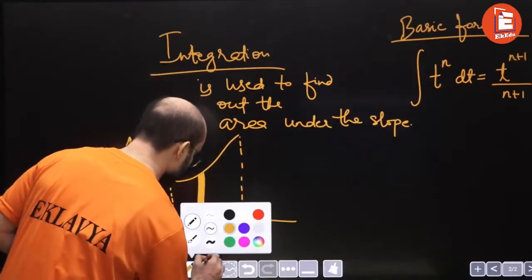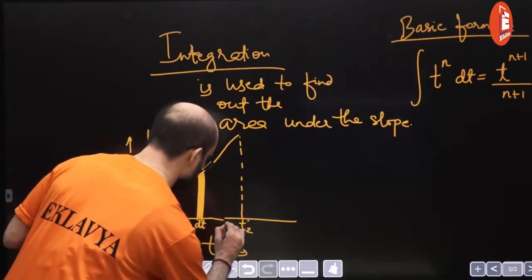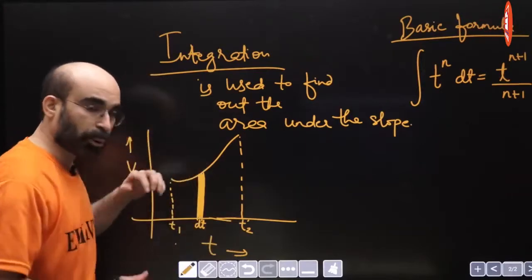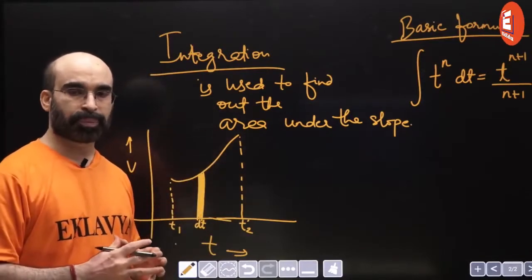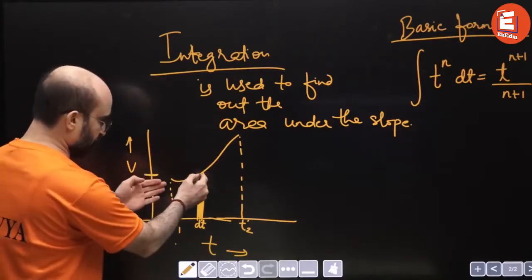This is a velocity time graph I have taken. So the area under this slope, the area of this strip is added. So velocity at this point, if you would find out this